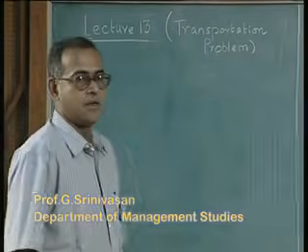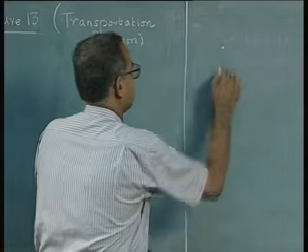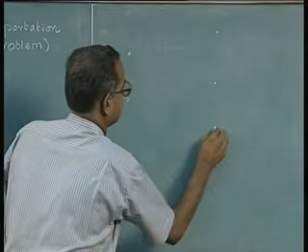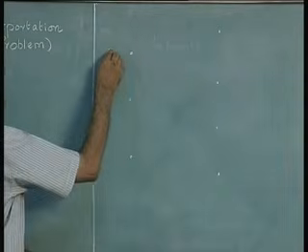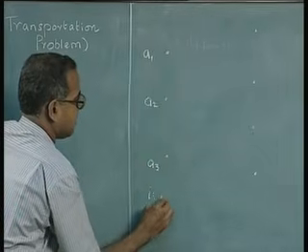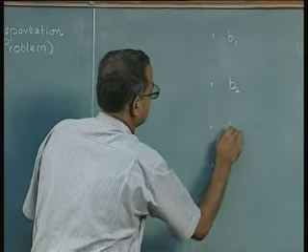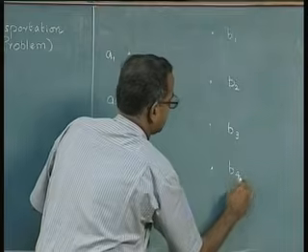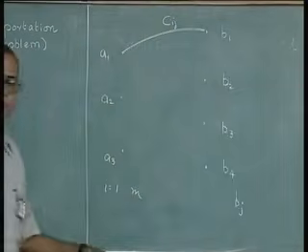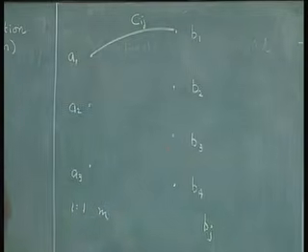In this session, we continue our discussion on the transportation problem. The transportation problem talks about transporting a single item from a given set of supply points to a given set of destination points. The supply in supply point i is Ai and the requirement in demand point or destination point j is Bj, and the problem is one of finding a least cost transportation from the supply points to the demand points, where Cij is the unit cost of